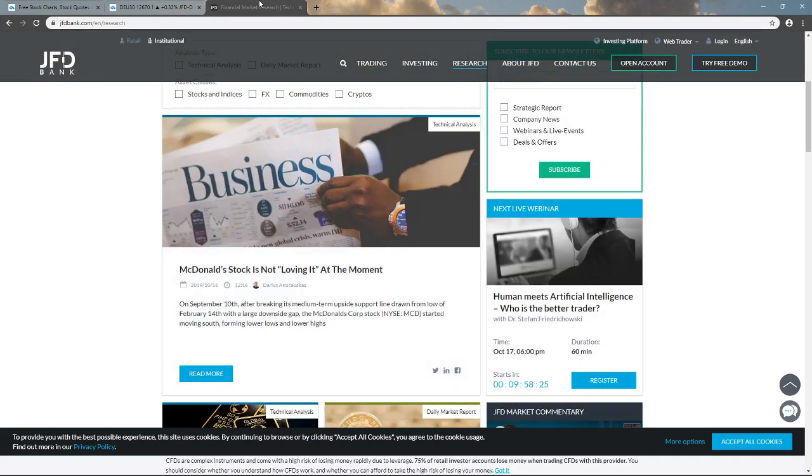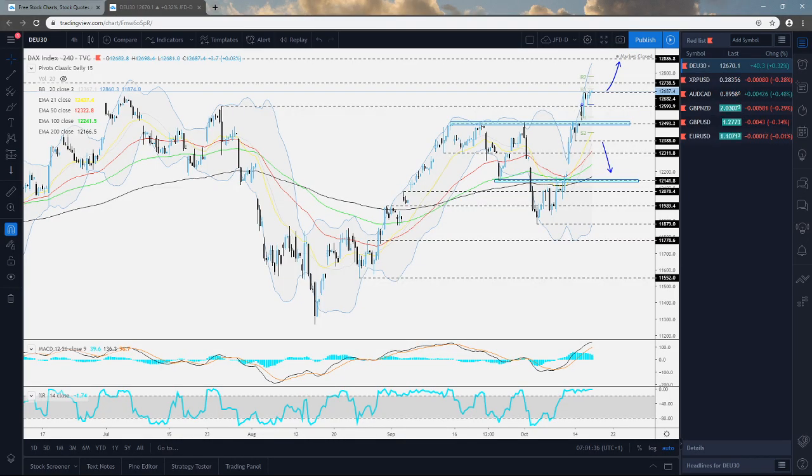So, for now, let's jump into the charts. The first one I want to touch on here is the DAX, the German index. I talked about this one yesterday in my morning video, and basically I was saying that we could continue seeing this one traveling higher. There is a good chance for that, but there are some obstacles to watch on top here, for example